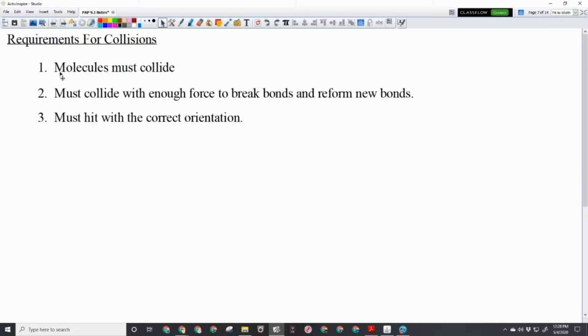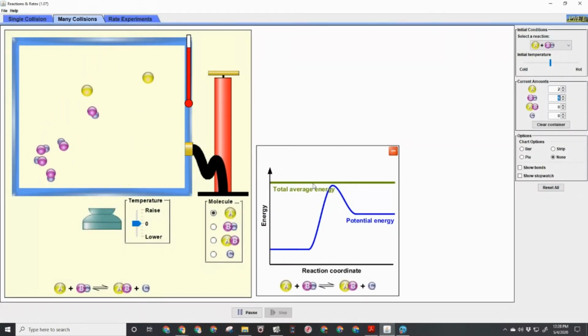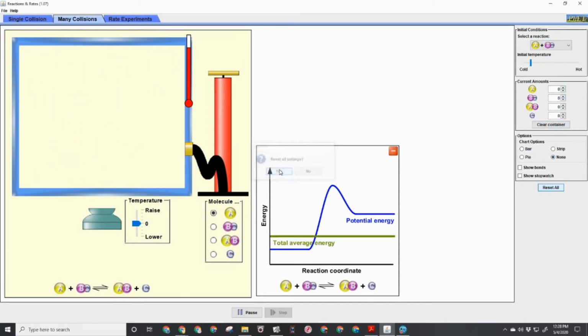All right, so let's just recap. The molecules must collide. They must collide with enough force to break the bonds and reform new bonds, and they must hit with the correct orientation. So let's look at that real quick. We have a demonstration here, and this demonstration is found online. You can find the same demonstration, and all you have to do is go to